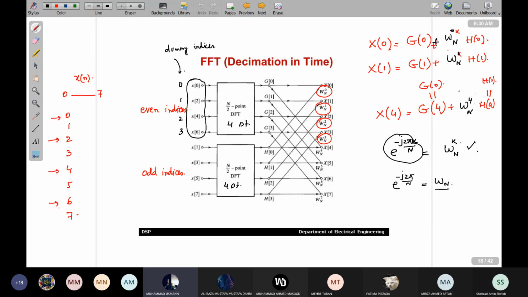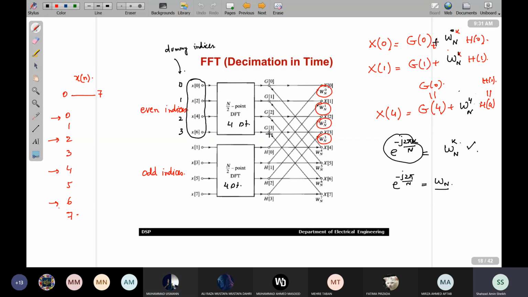तो उसके बाद अब आगे X[2] तक, तो उसके बाद जब G[3] निकालेंगे तो उसका तरीका वही है जो हमने X[3] तक देखा था। ठीक कहा था आपने कि G[3] प्लस W^3 H[3]। जी जी, और X[4] का फिर वही तरीका है कि हम G[0] से एक लाइन ले आएंगे, और दूसरी H[0] से ले आएंगे, तो इन दोनों को हम मल्टीप्लाई कर देंगे, e^(-j2π4/8) से, तो इससे हमारे पास X[4] आ जाएगा। और इसी तरह हम आगे जाते रहेंगे और इस तरह हम X[7] तक चले जाएंगे। अच्छा, बहुत अच्छे उस्मान, थैंक यू वेरी मच फॉर आंसरिंग एवरीथिंग।